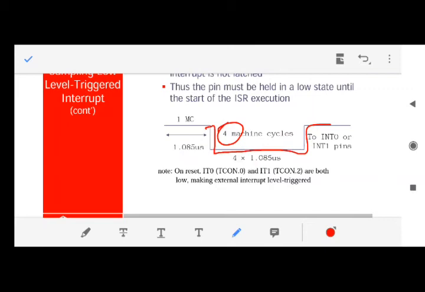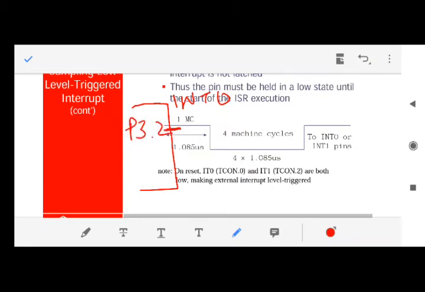For example, let's say we are taking interrupt 0, so this signal is connected to this pin, because corresponding to interrupt 0 the pin is P3.2. So this signal is connected here. By default this is high, but a device which is connected to this pin makes this signal 0.